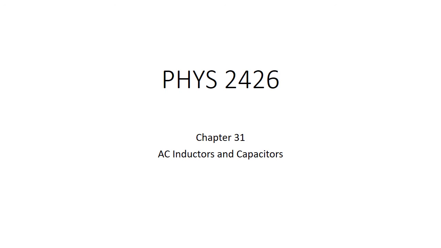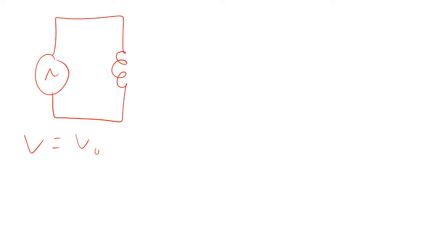Okay, so we had discussed prior to this what happens if you have a resistor and an AC. What about inductors and capacitors? So starting with an inductor, with omega as the frequency right here, V equals V naught sine omega